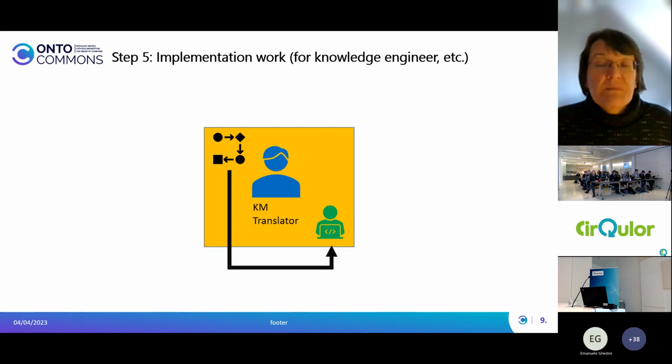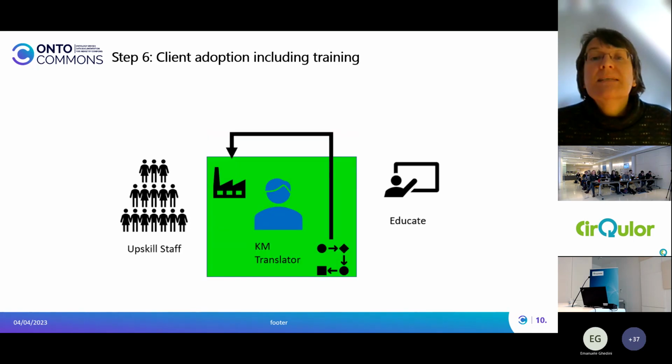And then we start the implementation work. And here is like that the knowledge management translator is not the person who does it, it's the person who facilitates it. So we then will take knowledge engineers or specialists, they will kind of like implement this work. And once we're done, then we also will do client training.